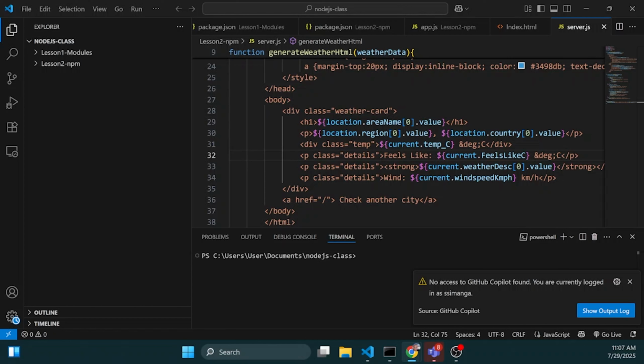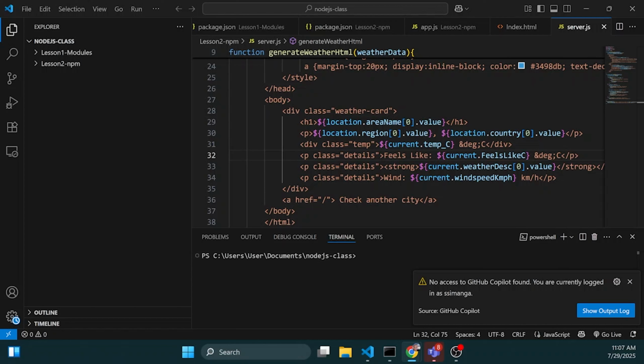And then manual file serving to send back our index.html file. We had to use the fs module to read the file from the disk, then handle potential errors, and then pipe the content into the response. We had to do this for every single file, including the CSS and JavaScript. All right, and then complex URL parsing: we had to use the url.parse function just to get the query parameters